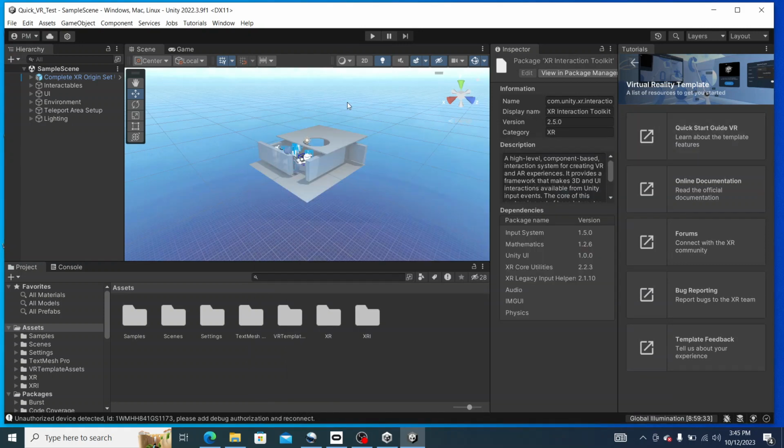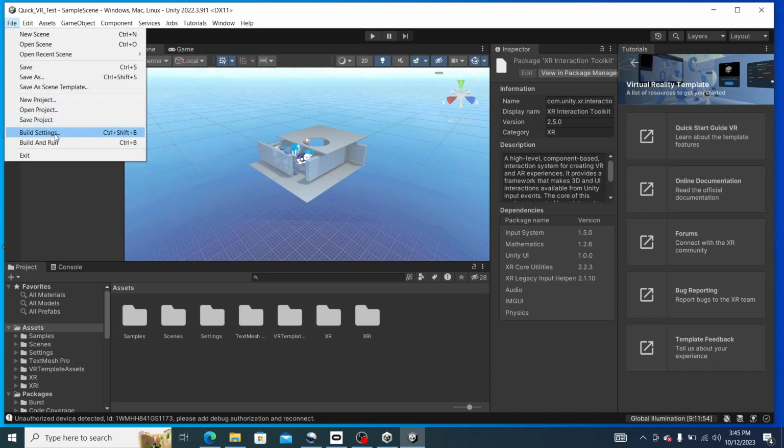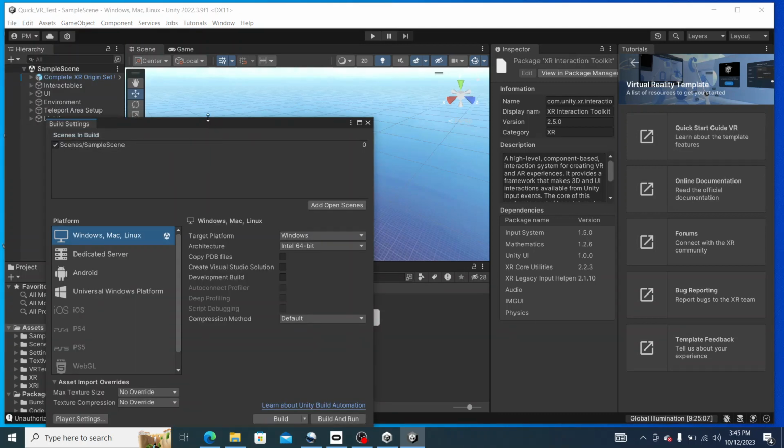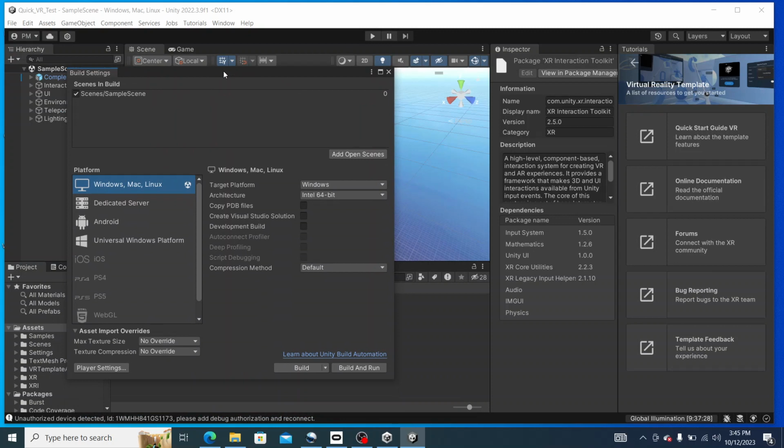Alright, let's leave the package manager, and now we're going to come over to File, and come over to Build Settings. And what you're going to see in your build settings is if you do not have a VR compatible PC or laptop, we don't actually want to build in Windows, Mac, or Linux. If you do have a VR compatible